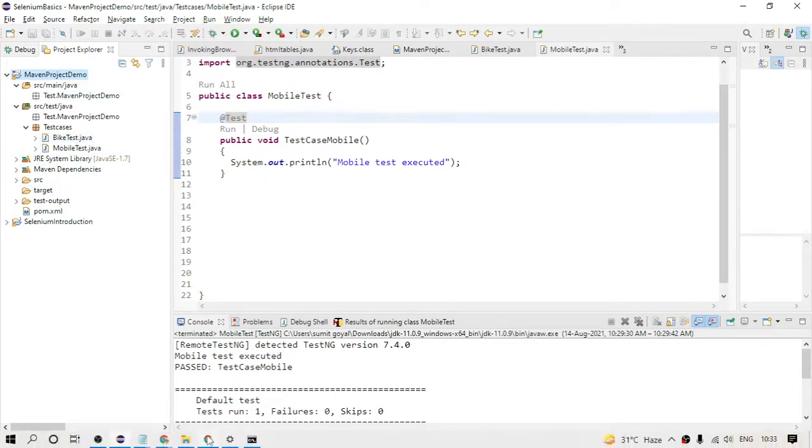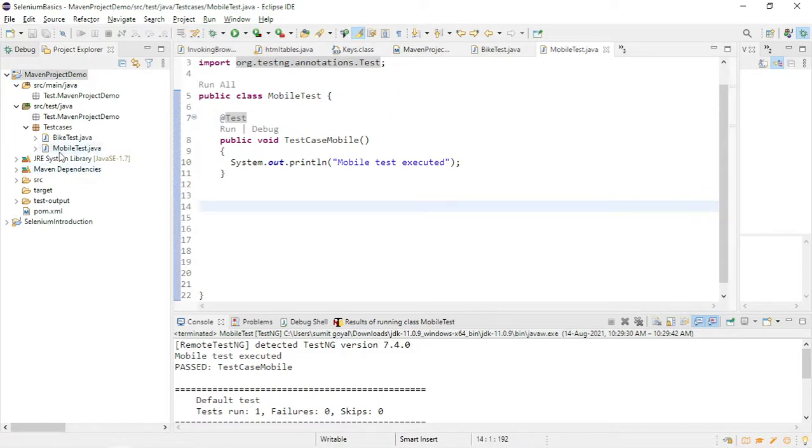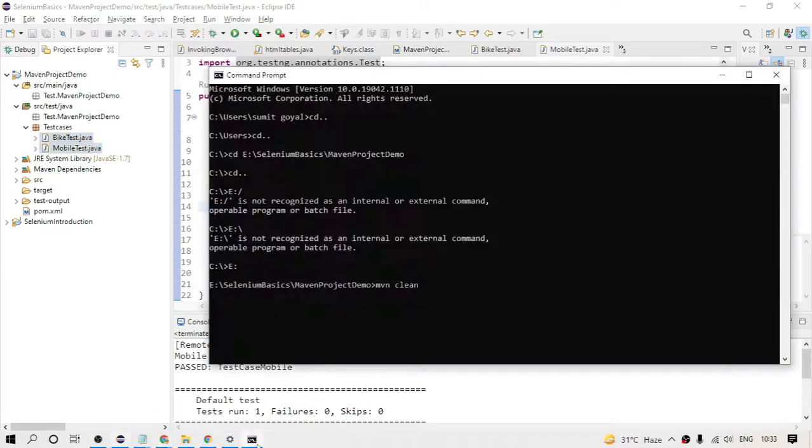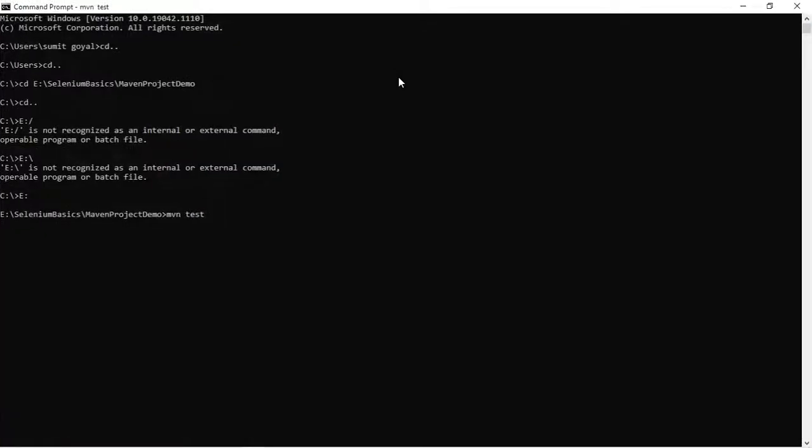Let me do one thing. Suppose I need to run both the classes. So here is our test case. If I just type Maven test, it will run all the files which are present. You can see it will run both the class files, and it will also print the output here.